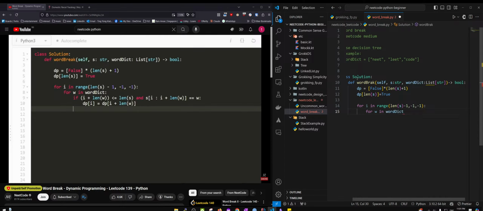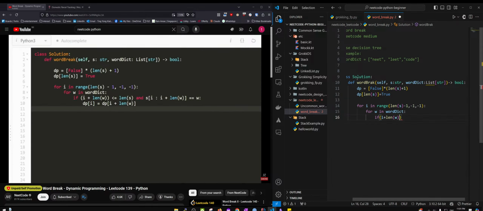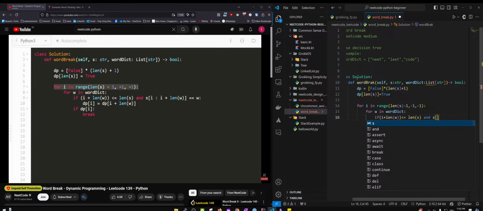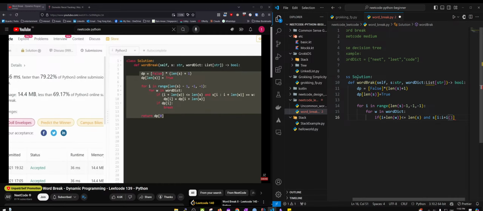Now, if we got a single way to word break this starting at index i, that means we can basically stop this loop, right? We don't have to look at every single word in the dictionary. If we found at least one way we were able to word break it, then we're going to stop. So basically, if dp of i is true, then we can break out of this for loop and then move on to the next index. So we're going to start basically at the last index, keep going until we've gotten to index 0, and then once we've done that, we know we can actually return that, and that's going to be stored in dp of 0. So believe it or not, that is the entire code, about 10 lines, I think. And this